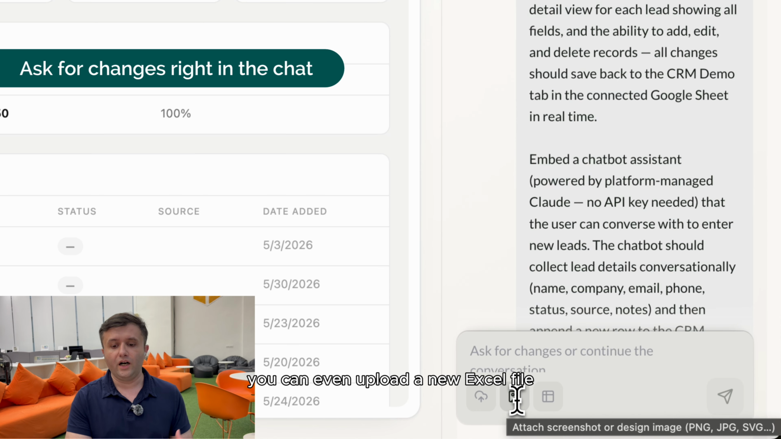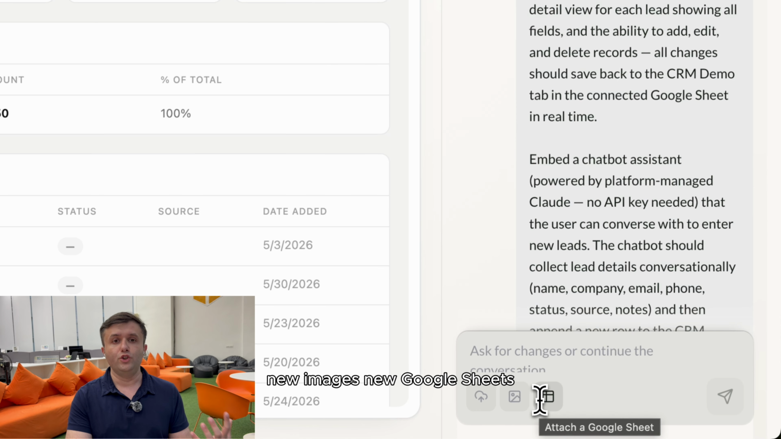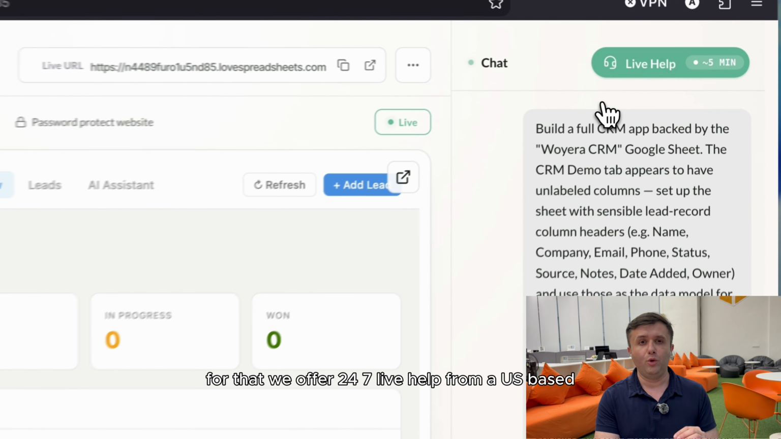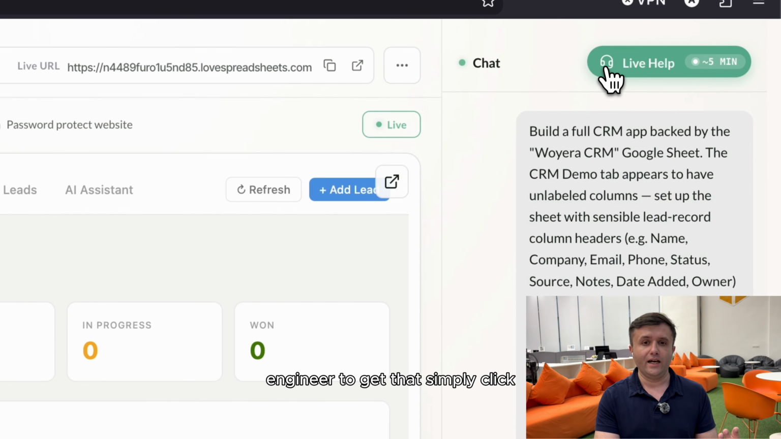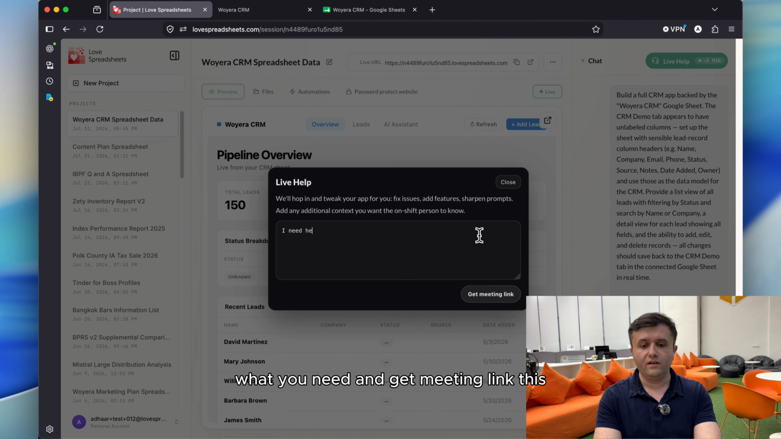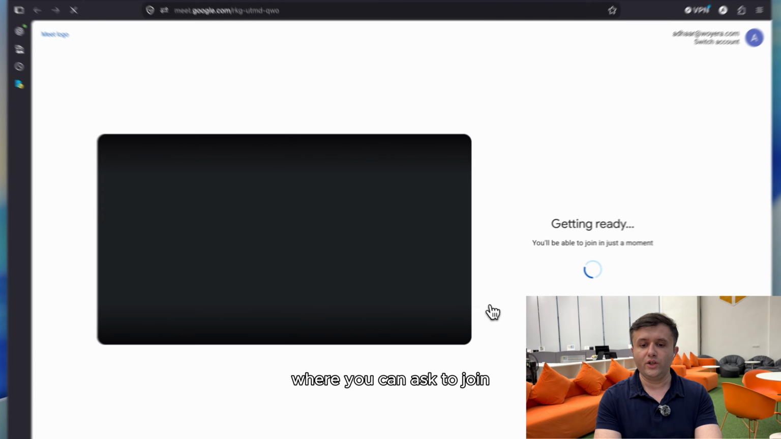Here, you can even upload a new Excel file, new images, new Google Sheets. But let's say you need help on a complex topic, like you have to integrate some internal system with this Google Sheet and the app that you just built. For that, we offer 24/7 live help from a US-based engineer. To get that, simply click live help here, describe what you need, and get a meeting link. This leads you into your Google Meet where you can ask to join and an engineer will be with you